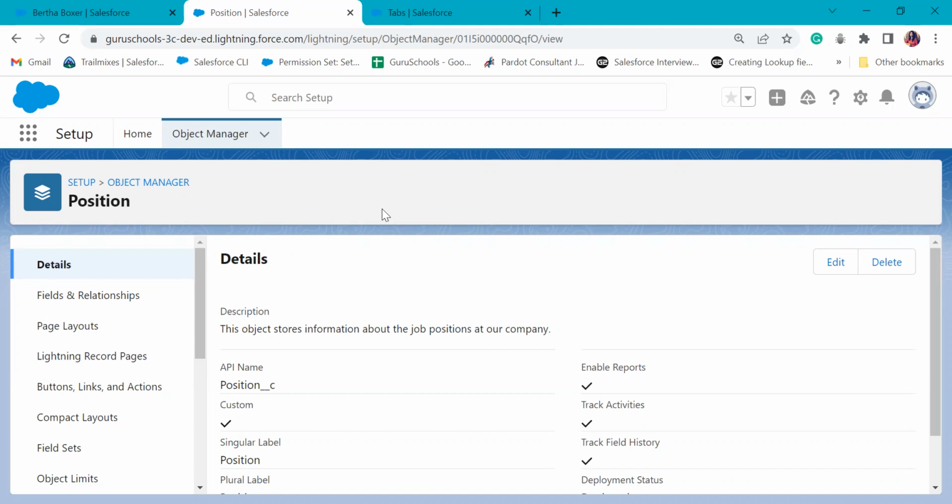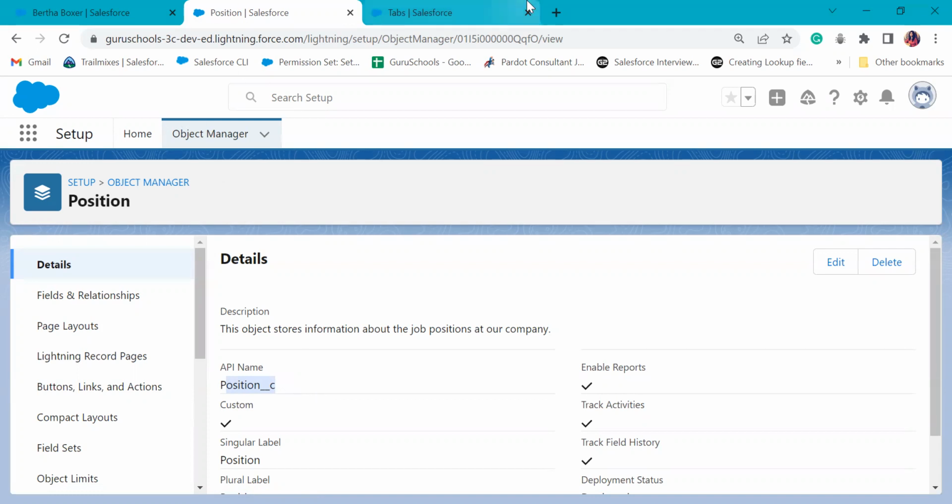For all the custom objects which we create in our system, or custom fields, the API name will have underscore underscore c, and from this you will be able to understand that this particular